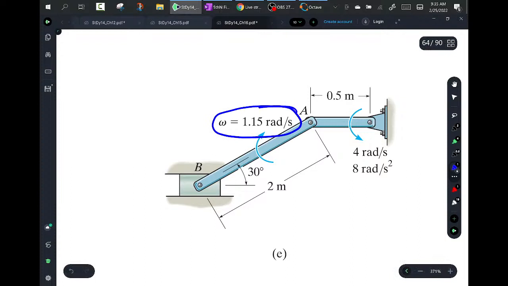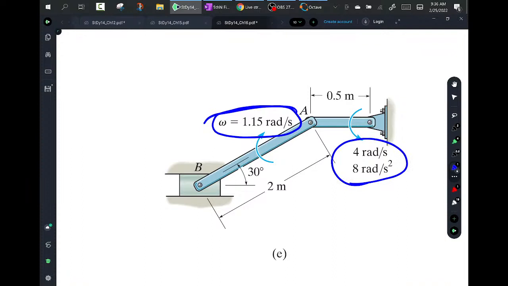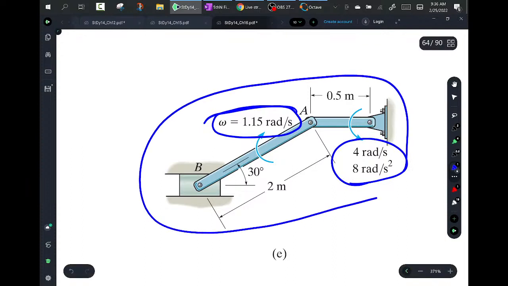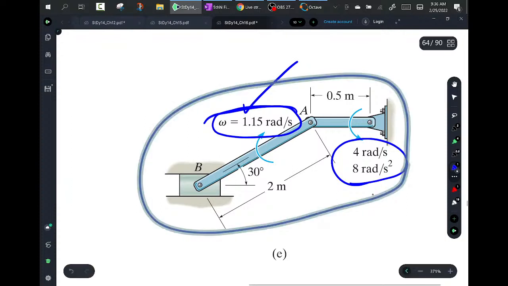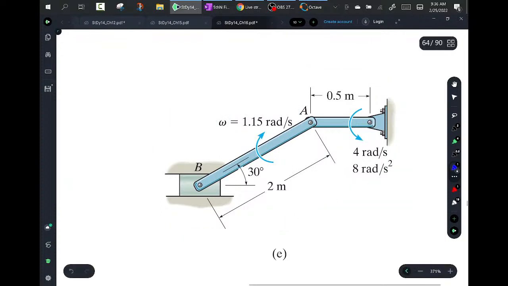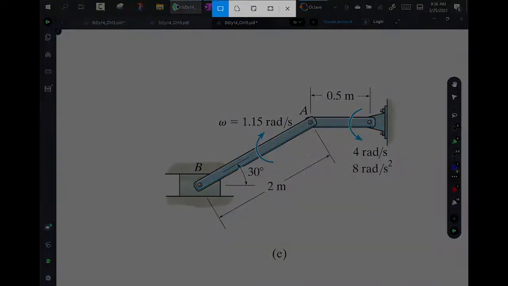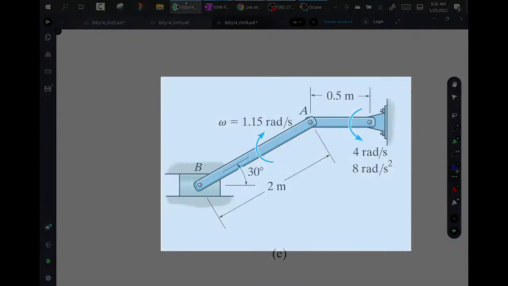Because he gave you this, he gave you these, and he expects you to work through this. It turns out he gave you enough information to skip over the velocities and work straight through the acceleration. So what I'm going to do now is copy the thing again, and I'm going to work my way through just the